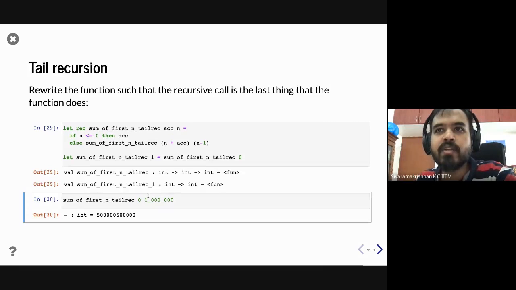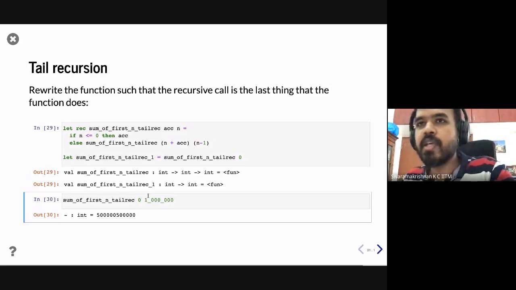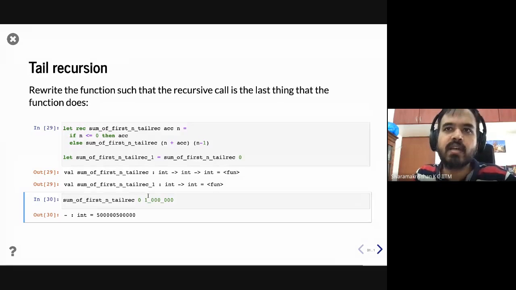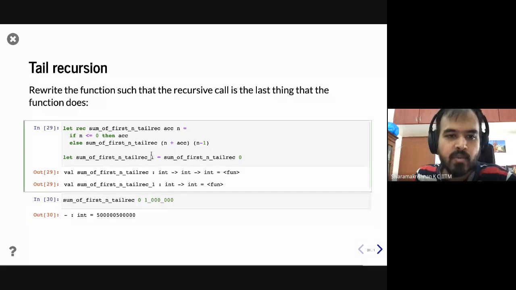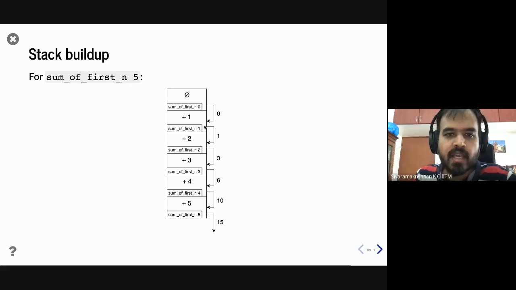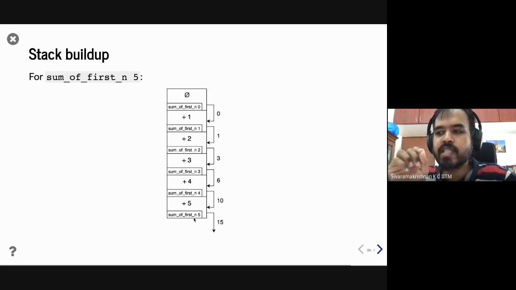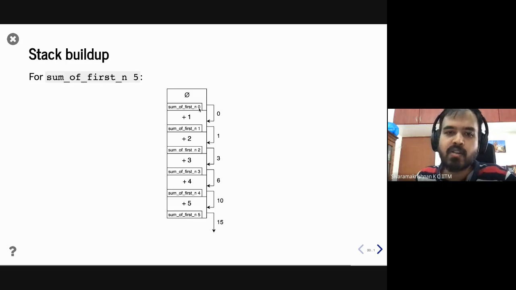How did the memory get reduced? We added one more argument to our function. It's not about memory. It's the stack memory that we are reducing. The problem earlier was not that we were using too much memory. It is just the matter that we were building up stack frames. So it is not this extra memory for one variable, and that doesn't actually cost much. We are no longer building stack. That's the key bit.